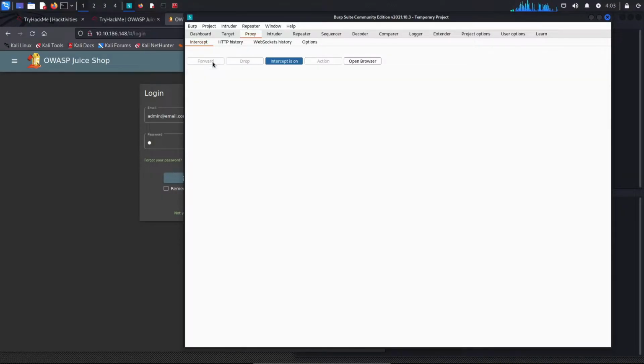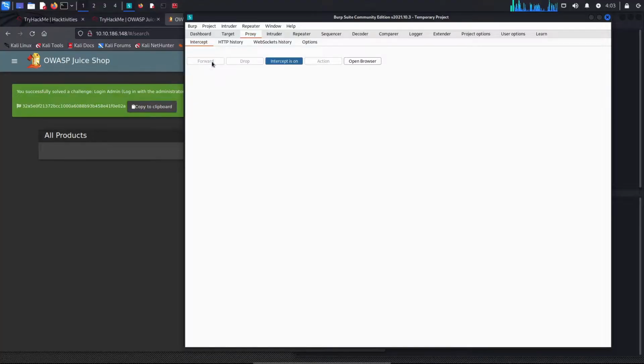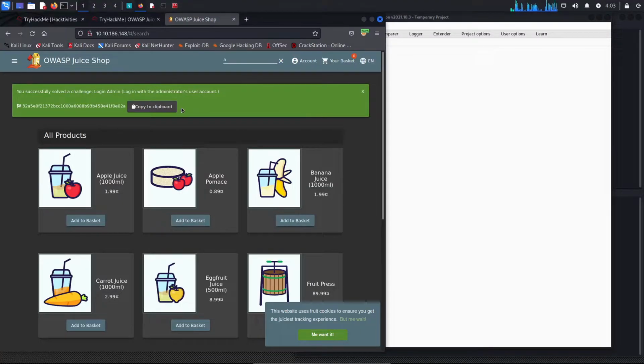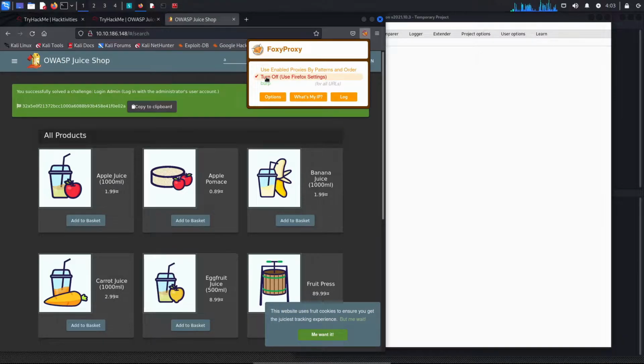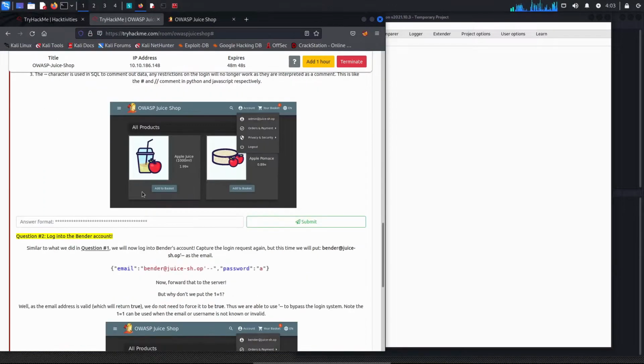We're going to forward this, and we get the flag. So I'm going to copy this, and I'm going to disable Burp first. Okay, I'm going to copy this to my clipboard and paste it into my solution.